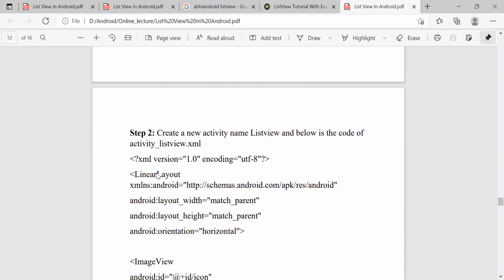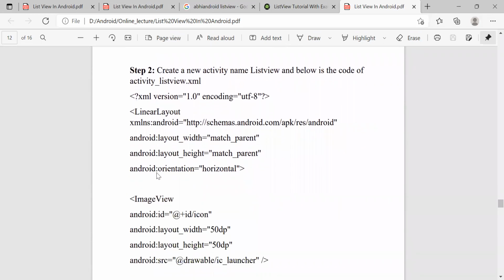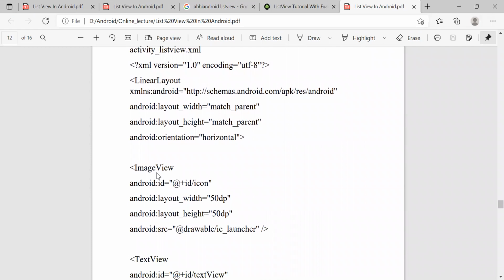Then we create one more layout for the list item. In that we use linear layout. We set its attributes like width and height. Its orientation is horizontal, because first it shows the image, and after that in horizontal form it shows its text, right? So its orientation is horizontal. In the previous example, we only required the text view and the items were shown in a vertical form, so its orientation was vertical. Here the orientation is horizontal.